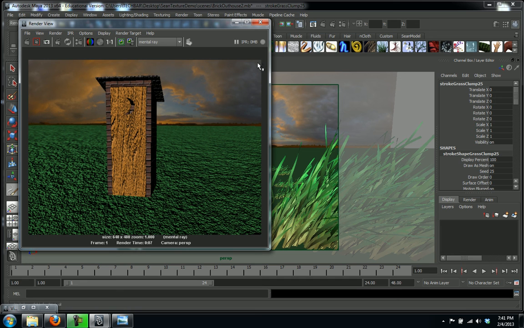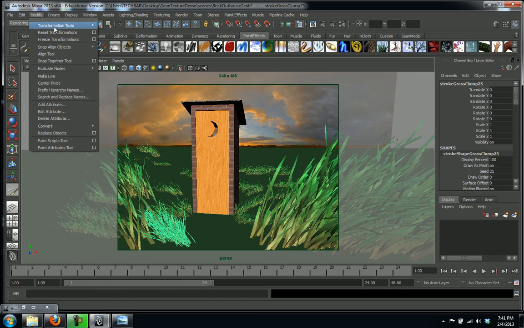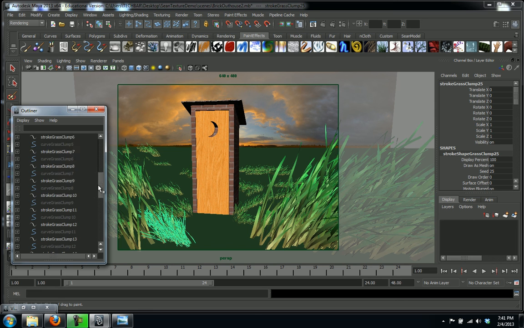And you're going to say, well, what good is that? That really doesn't help me out much at all if I'm using Mental Ray. What you have to do then is you have to convert all of your paint effects into a polygon. So the way to do that is you would go into your window outliner. Outliner shows all of the objects,